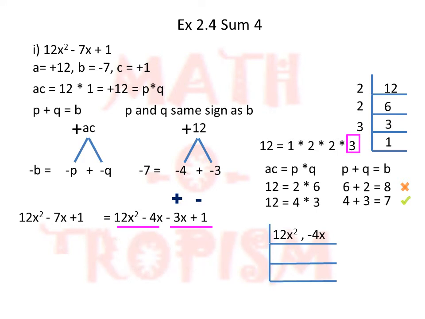So take the HCF of 12x square and minus 4x. First term common is x, so I take that outside. So balance remaining is 12x minus 4. 4 and 12, both have 4 common. So if I take out 4, 4 3s are 12, so 3 is coming as the balance remaining term, and x will continue to come in the